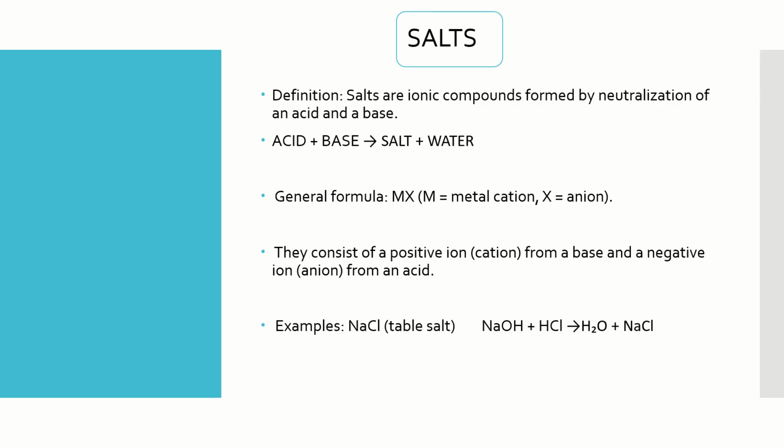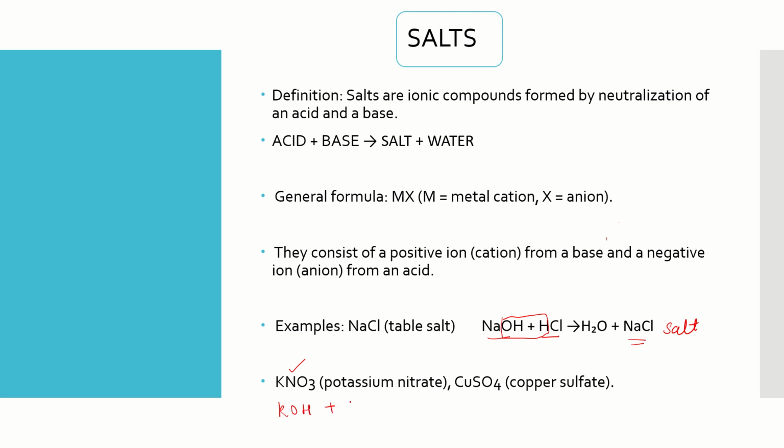Example, NaCl salt. NaCl is formed by the strong base sodium hydroxide and hydrochloric acid. In this, water is removed and we get NaCl salt. Other examples are potassium nitrate. It is formed by the reaction of potassium hydroxide and nitric acid. Again, we will get water plus